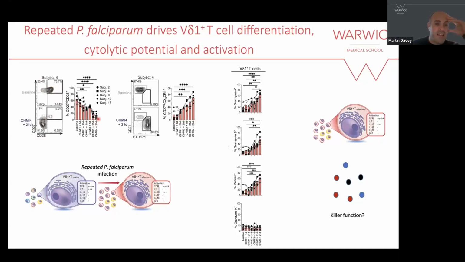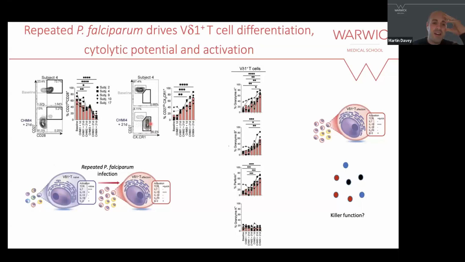But after the 4th challenge, almost all of those cells downregulated CD27 and 28. And as I mentioned earlier, this molecule CX3CR1, which is a homing receptor to tissues, was almost completely upregulated in this population of